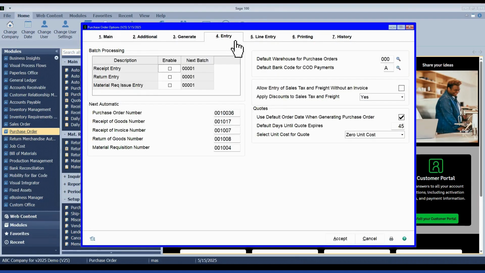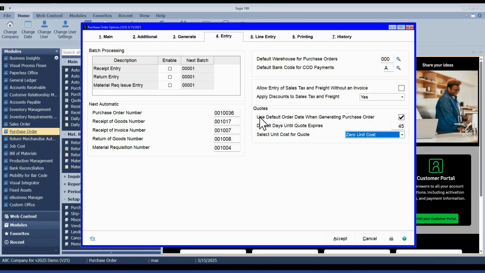Over here on the purchase order options entry tab, there's some new quote related selections right here. So you can set a default days for when the quote expires for those vendors. You can also choose how the system handles the unit cost for quotes. So I've got mine set to just be at 0. So I can just send a 0 PO to multiple vendors, have them come back, give me the best pricing, and then choose which of them I'm going to do the purchase order for. But if you don't want it to be at 0, these are your other options. Have it use last unit cost, average, standard, prompt during entry, and at that point you could tell it which one you wanted to use, or the cost hierarchy that Sage utilizes.